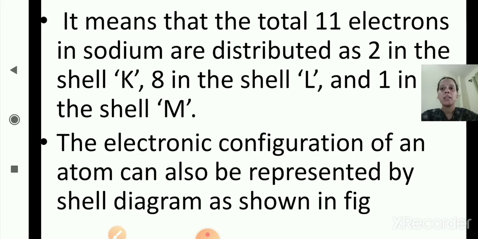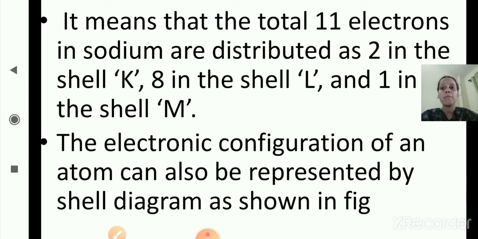It means that the total 11 electrons in sodium are distributed as 2 in the shell K, 8 in the shell L and 1 in the shell M. Okay, so from that 11 electrons, 2 in the K shell, 8 in the L shell and 1 in the M shell. The electronic configuration of an atom can also be represented by the shell diagram as shown in the